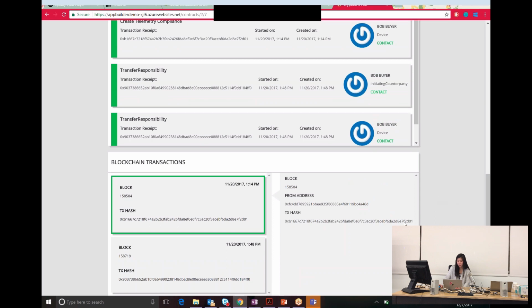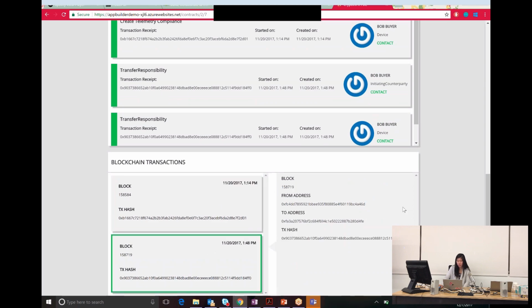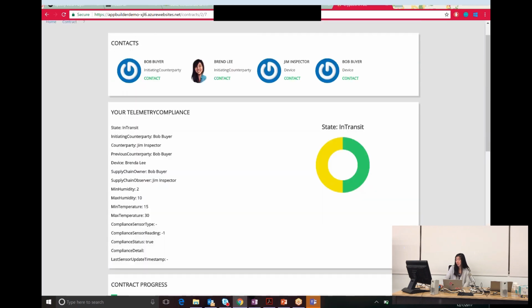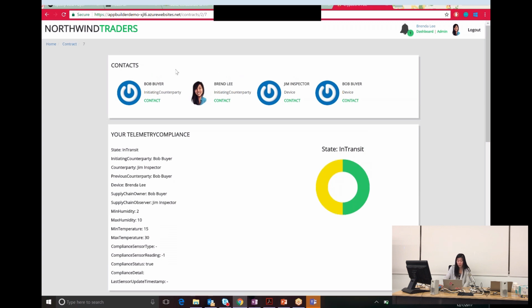It has that audit trail view, it just gives you a little more detail, basically a from address and a to address, and lower down, also the block number. So this kind of view, actually,